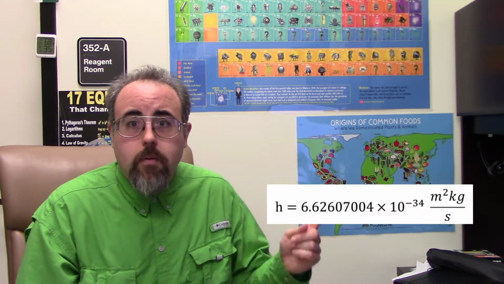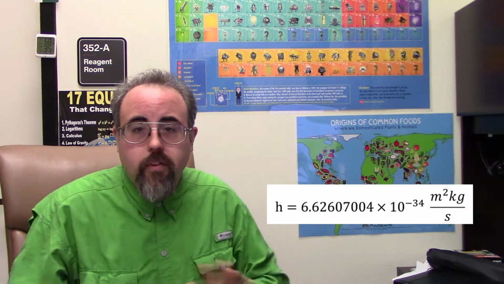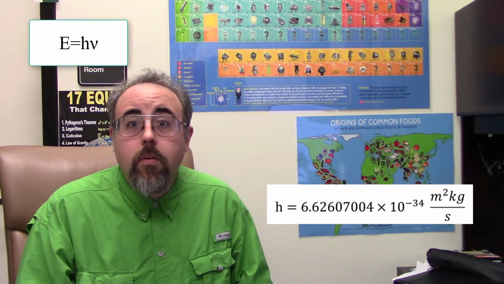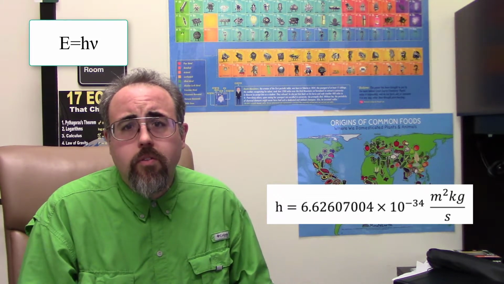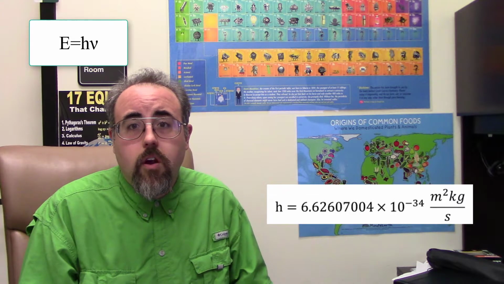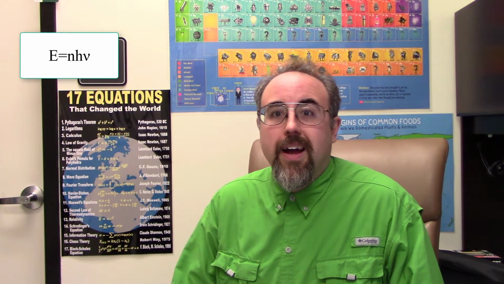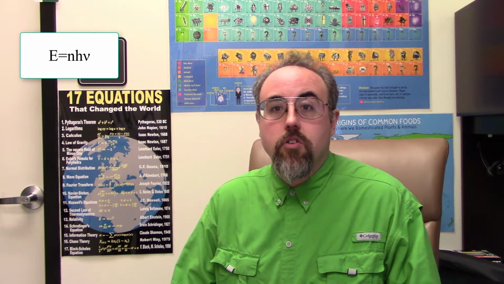Back to the video. Now, for the energy of a photon, we're going to be looking at Planck's constant, which I will put somewhere on here, times the frequency. In theory, you could do this with the wavelength, but the units of Planck's constant are such that we do it with the frequency. Obviously, you can interchange frequency and wavelength if you need to by doing a little bit of algebra. Now, you could multiply the number of photons by Planck's constant by the frequency to get the total amount of energy, but usually you just care about the energy per photon, so that's not usually something you do a lot.